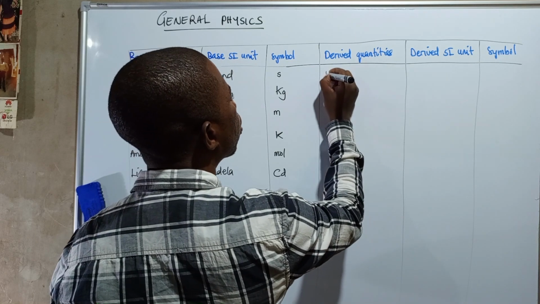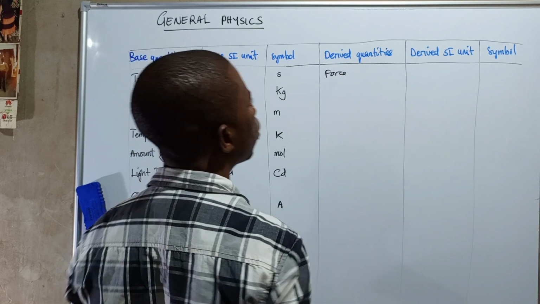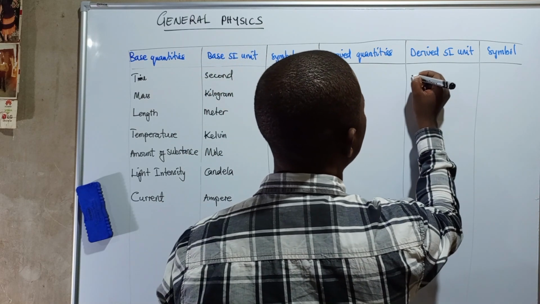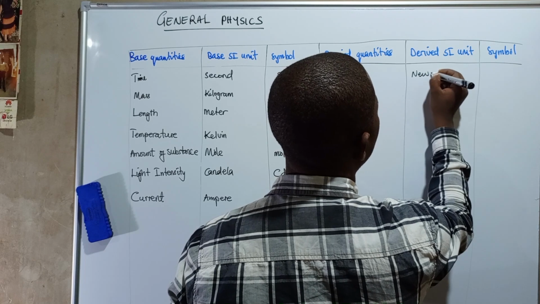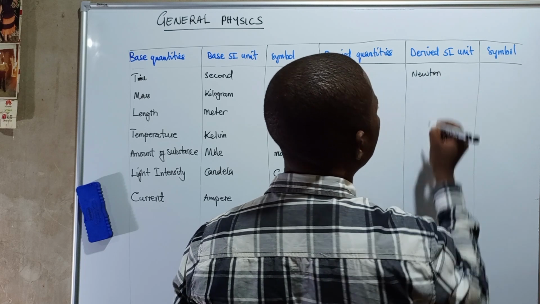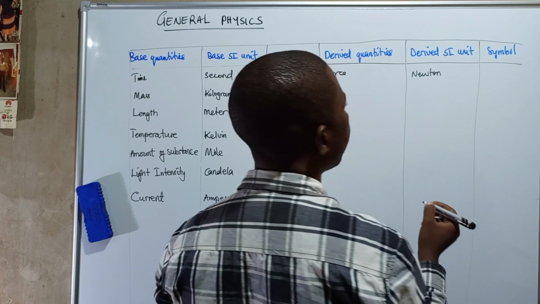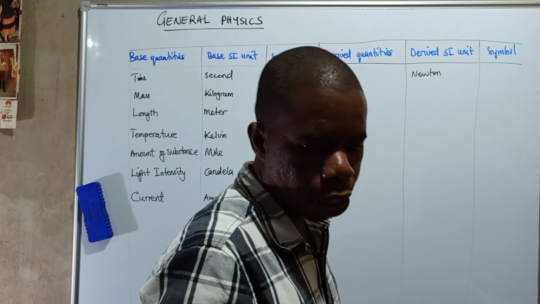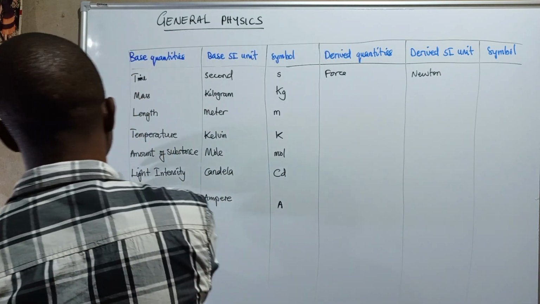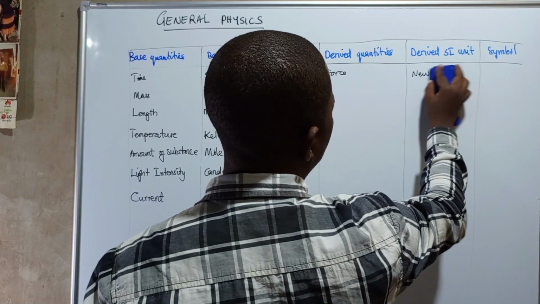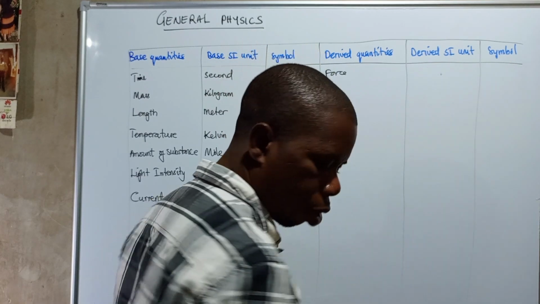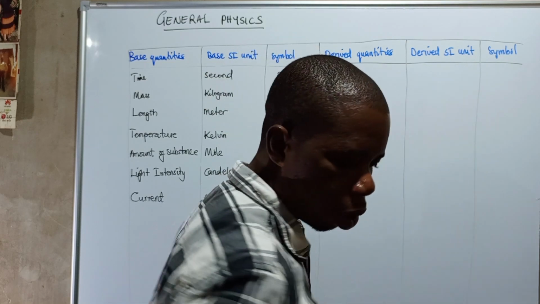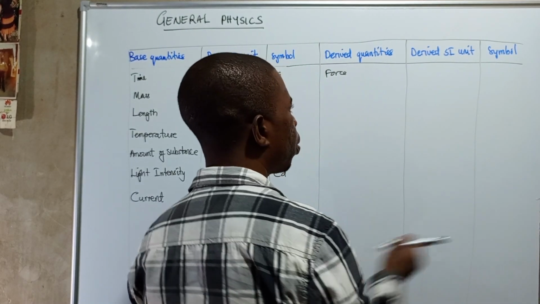Force is a derived quantity which is measured in Newton. But let me just tell you that even when we give it the name Newton, it's supposed to be this unit here, which is kg,